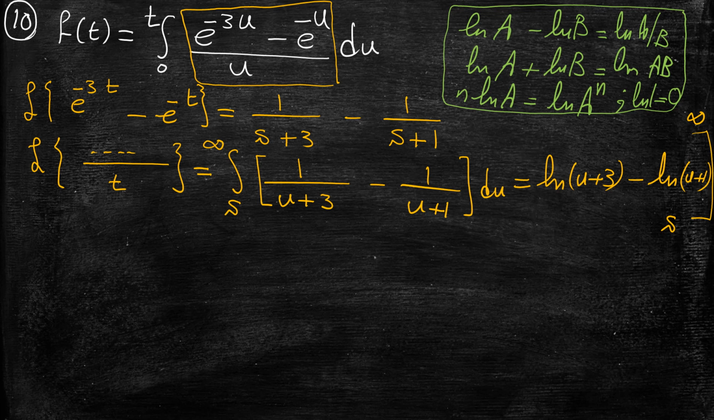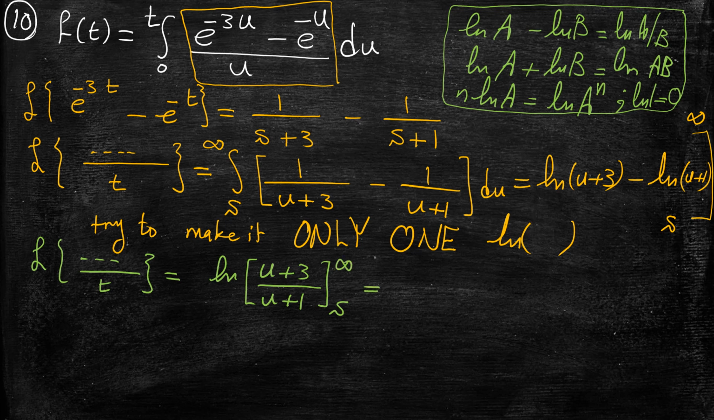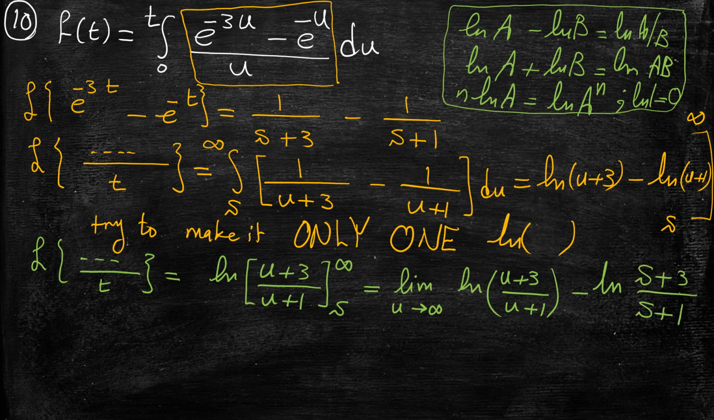So what's the benefit of having these formulas revisited right now? Instead of substituting directly into the first ln minus the second ln, we make it just one logarithmic function. This will be easier in the substitution. So the Laplace of this function divided by t will be ln of (u plus 3) over (u plus 1), with substitution from s to infinity. Infinity means you need to substitute this infinity into this term, u plus 3 over u plus 1, minus, instead of each u, make it s, so s plus 3 over s plus 1. The first term, which is this one,